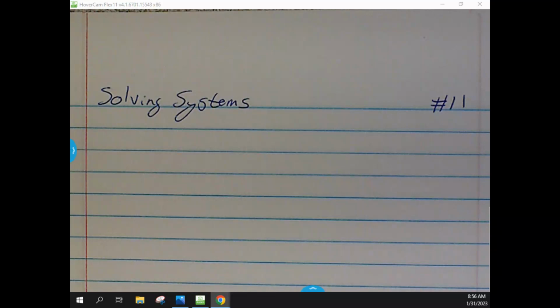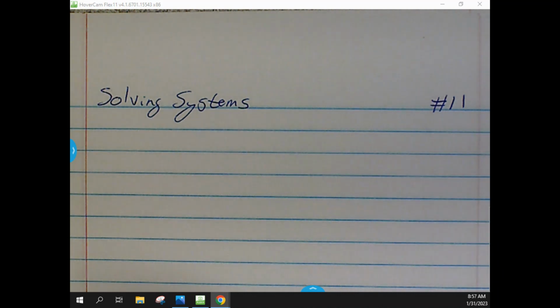All right, so we've been solving systems. What we're going to do today, we're not going to do graphing because we did graphing the other day, and graphing is the least efficient way to do this. So you won't have a lot of graphing systems that you'll have to do. Graphing sometimes doesn't give you a really good answer because if the answer is a whole number, if it's an integer of some kind, then it's fine. But if it's a fraction or a decimal, graphing is not a good answer because it's just hard to see the number that's there. So most of the problems we're going to do, solving systems with one of these two ways that we're looking at here,